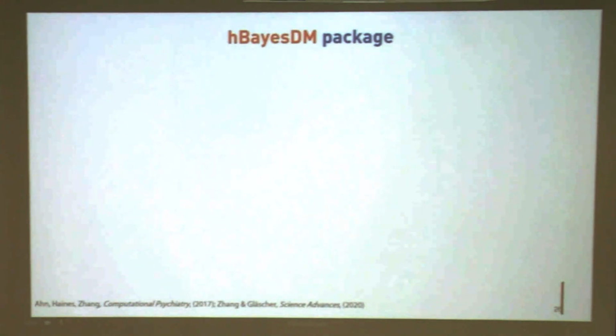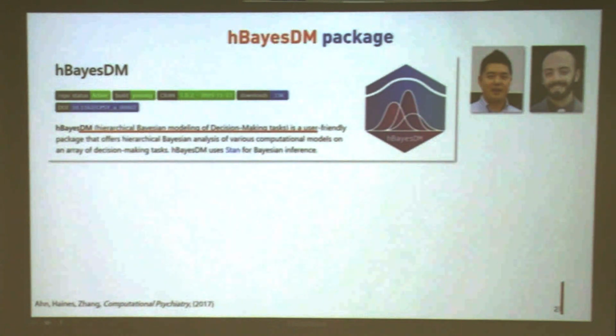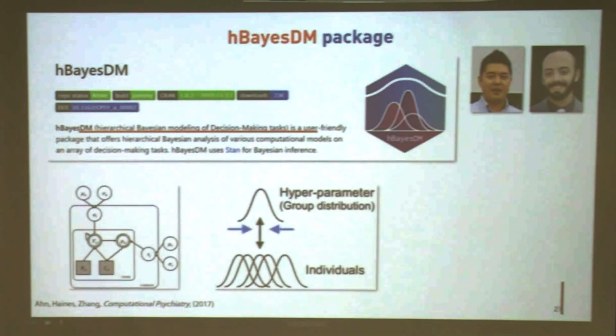So we wanted to lower the barrier of people who are interested in applying this approach in their own research. So we had developed a package, the hBayesDM package, hierarchical Bayesian modeling of decision-making tasks. Hierarchical here essentially means we do not only consider, for example, if we recruit 40 participants in one psychology research from University of Graz, for instance, they are individuals. If we constrain our population to be healthy young adults, usual case, presumably, they come from the same group.